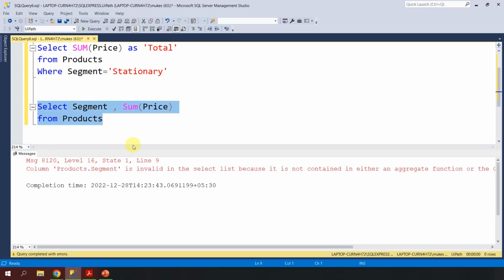The error says that when you selected segment, I have a lot of segments, and when you selected a sum of price, the sum of price is a single value, right? So it is saying that it's invalid in the select list because it is not contained either in an aggregate function or in the group by clause. It is telling me that you have to first group it together to get the sum, and that's an absolutely valid thing. So I'll hit enter and use something called